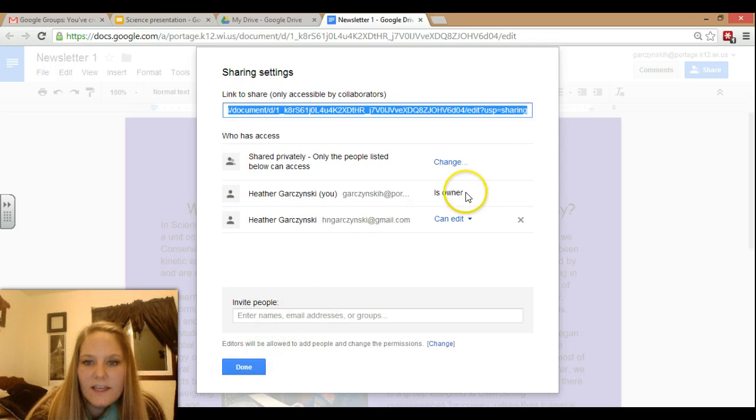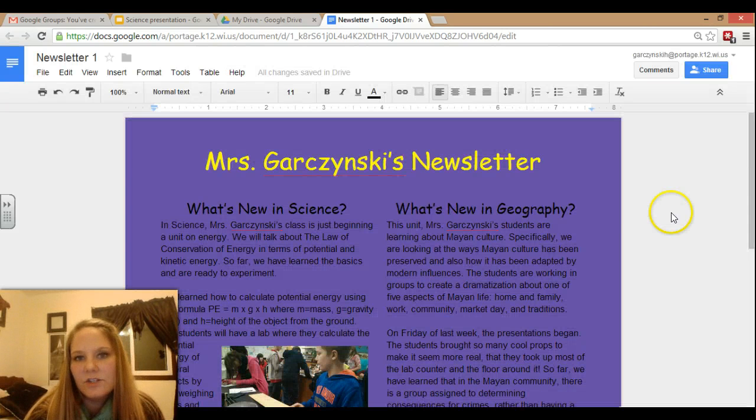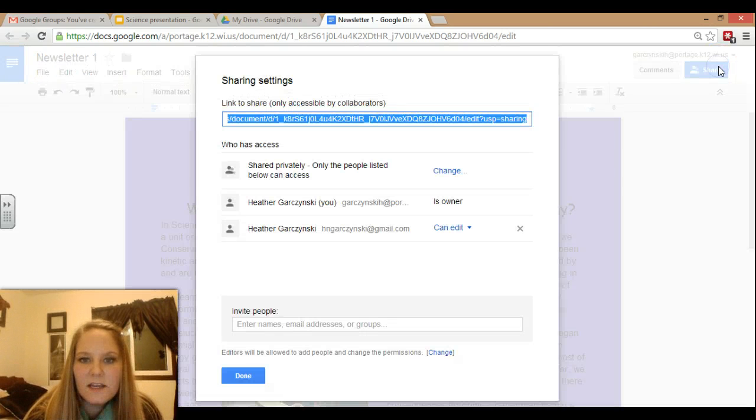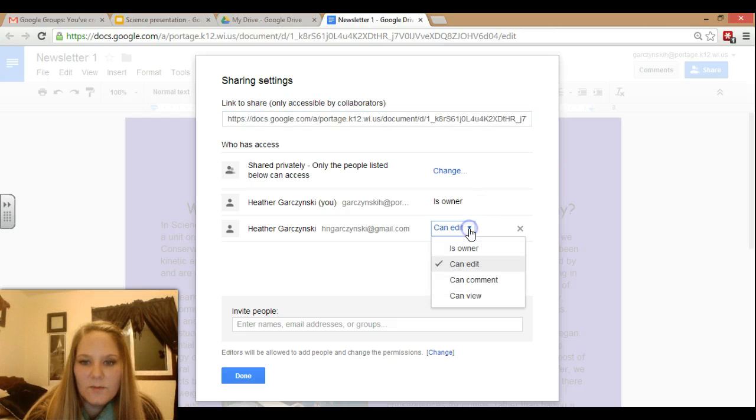And then I can always go back and change that here. So if I ever decide that actually I don't want somebody to be able to edit something, I can go back to the share button and change that. And "is owner" is also just going to show that the person can basically do anything with it, meaning sharing